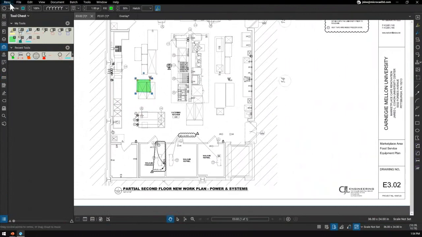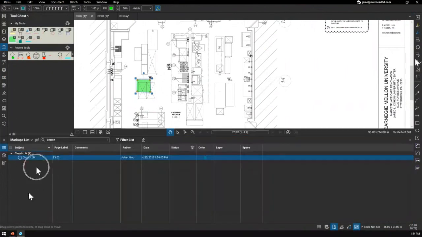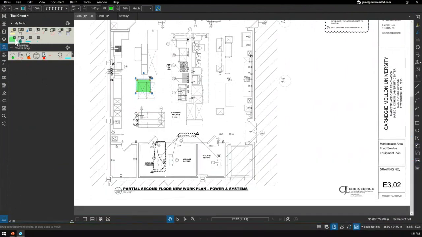Now, if you want to save them on your user profile, most of the time what the user profile is going to take care of is the location of your tools. So for example, the ones that I have right here, the location of my panels, right? If, for example, I customize my markup list, columns, and all that, that's where I want to save these to my user profile. Luckily, the tool chest, right, is going to be available next time that I open them,